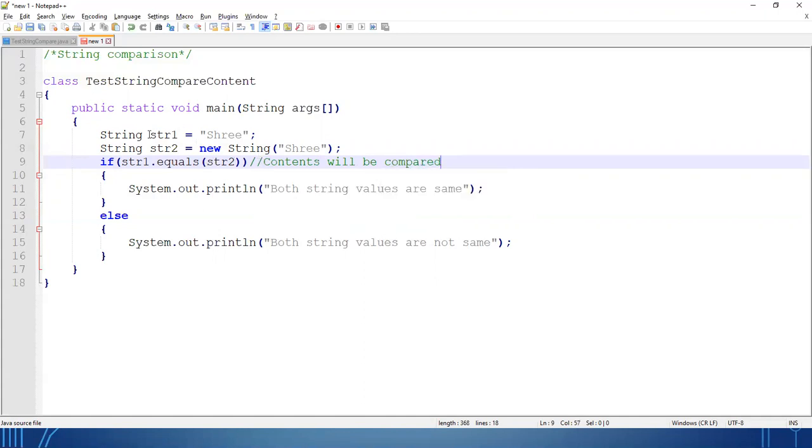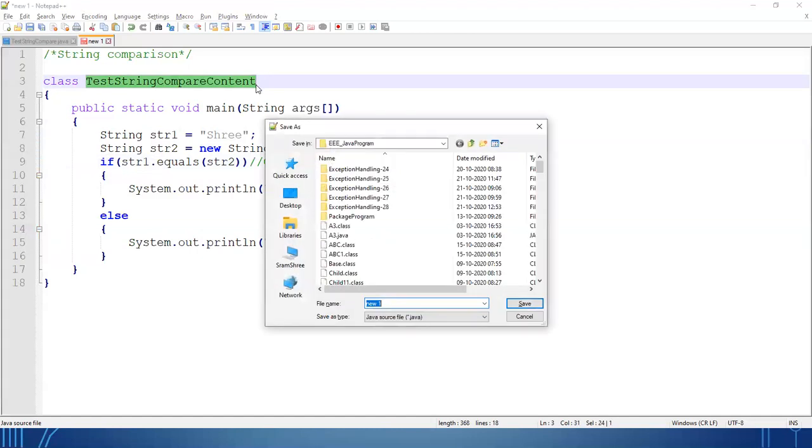First I create the string object, storing the value 3. The second string object also I create, storing the value 3. Instead of double equals, I am using the dot equals method, where the first string value will be compared to the second string value. If both values are the same, it will give the output both the strings are equal. So let's see.